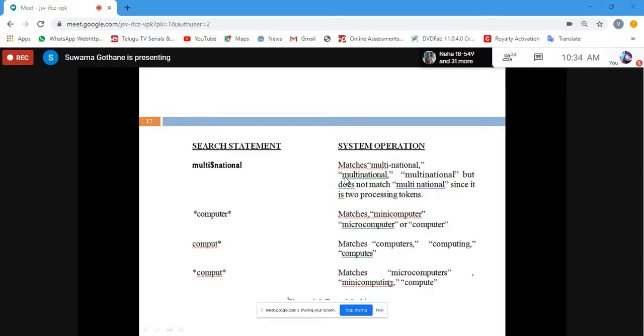So what are the ways it can be possible? Just have a look.